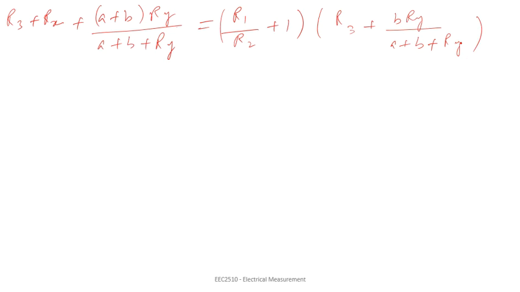Okay, so now you have to simplify this to get the value of Rx.